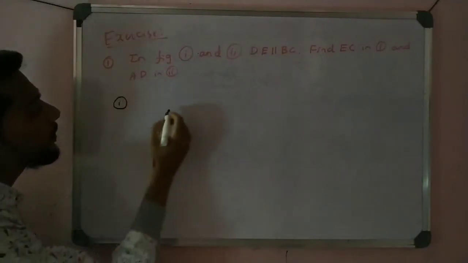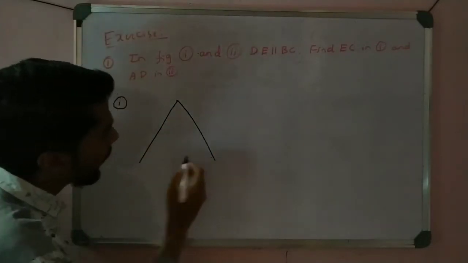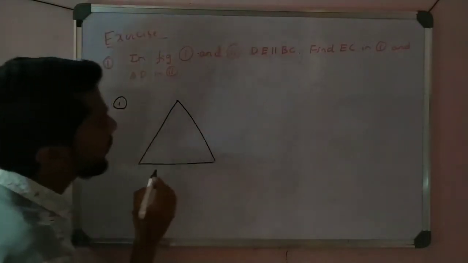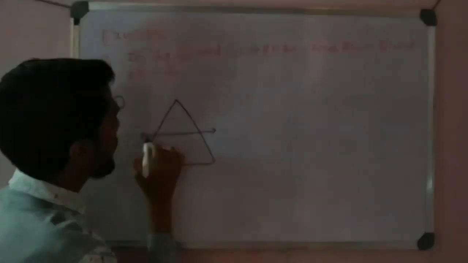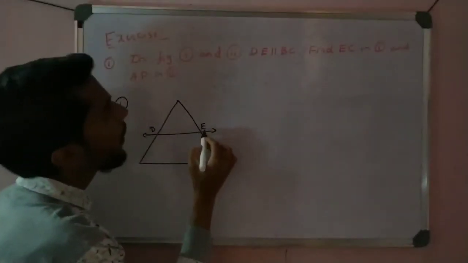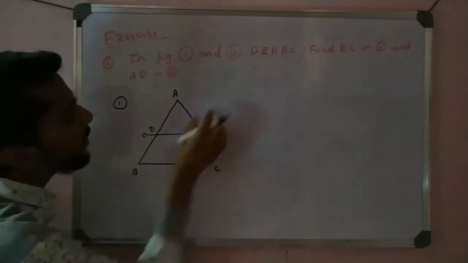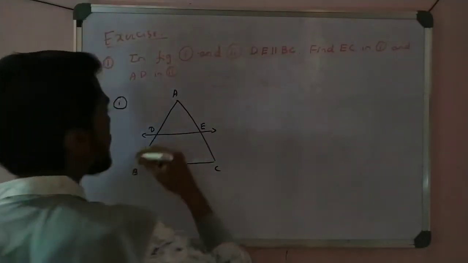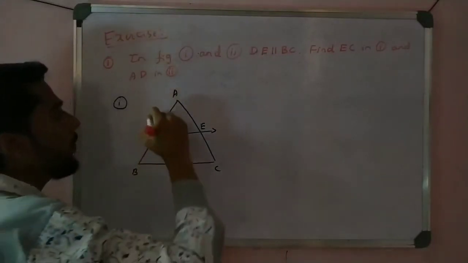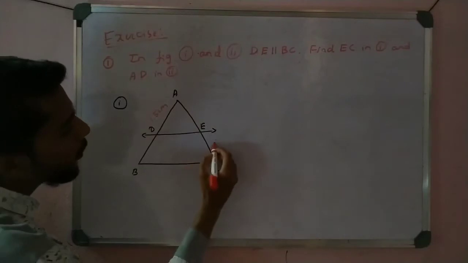I can make the first figure. Number 1 figure looks like that. Okay, I can solve one by one, first one. This is the line, it is the DE, and it is BC and it is A. See here, DE is parallel to BC, it is given. So now the lengths are given of all sides. It is 1.5, and you have to find the question mark.